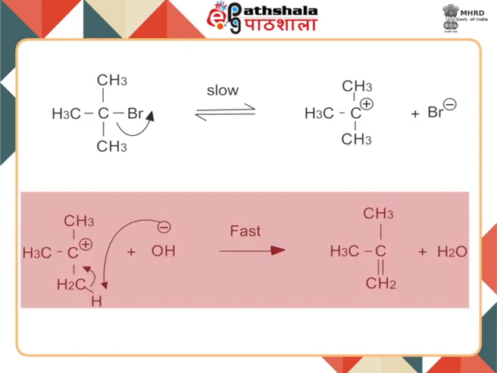After this first step, where you have the formation of the tertiary butyl carbocation, the next step: this tertiary butyl carbocation, you can see, is joined to 3 beta carbons, and correspondingly there are 9 beta hydrogens. So, any of these beta hydrogens can be taken out by this OH minus acting as a base, and this is a very fast step, and you get the corresponding alkene.